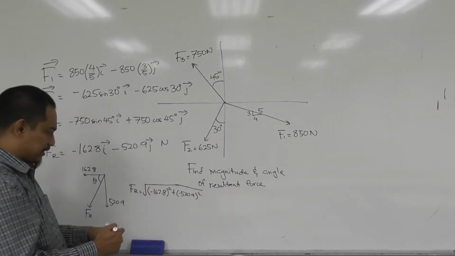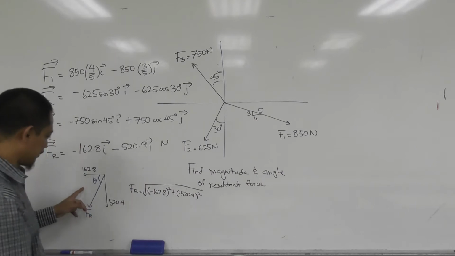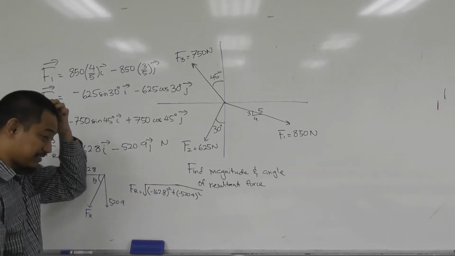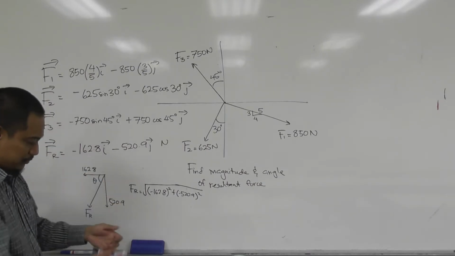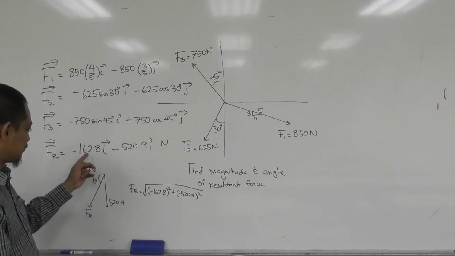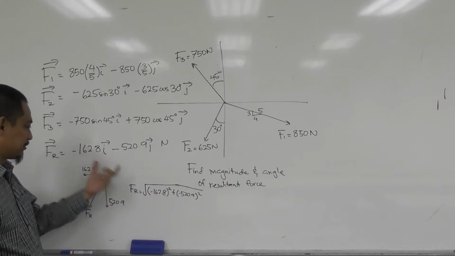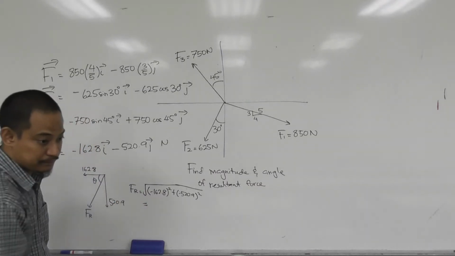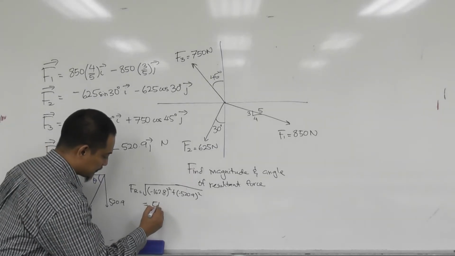Normally I don't put this negative, because when you already draw like this, there's no such thing as negative, just magnitude. But I put it because many students just want to pick up from here, and it will be the same anyway. So you get 546